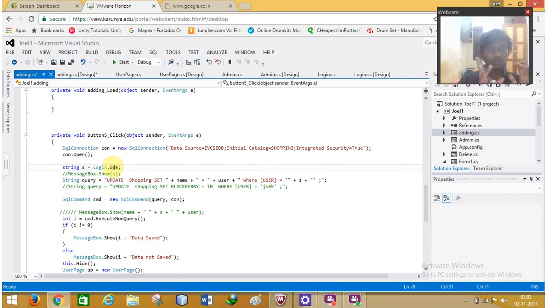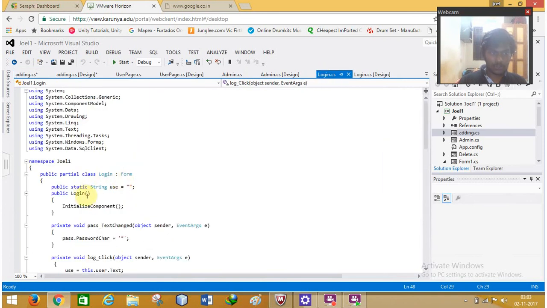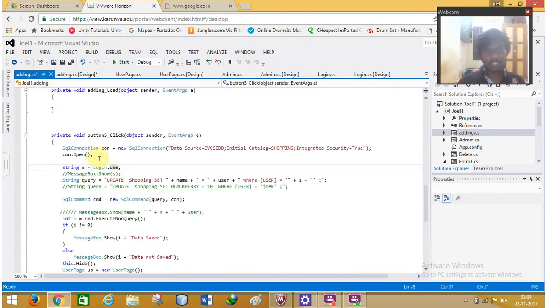login.use here. Login is there somewhere here. In login I have the word use, that string use. I'm using this string because I need to know which user, so that from that user only I can update it. So I'm getting a user, then saying update shopping set name plus user, where user equal to user. I'm updating the name,